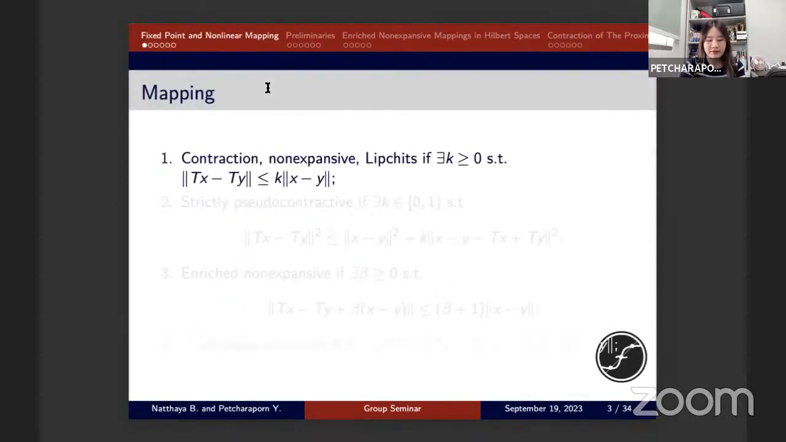Next, mapping. Before preliminary, we will recall definition of the mapping. This inequality, we call contraction if there exists